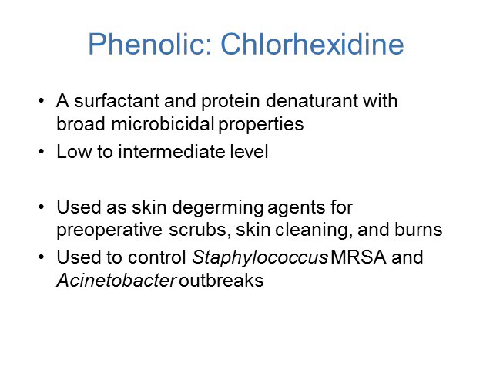Another type of phenolic compound is chlorhexidine. This is a surfactant, so it breaks apart cell membranes and it denatures proteins. It's broad spectrum, so it gets rid of a lot of microorganisms. It's low to intermediate level. This one is used as a skin degerming agent. It's used in preoperative scrubs. It's used to clean skin. It's used for burns. And this one I'm pointing out because it can be used to control MRSA, which is